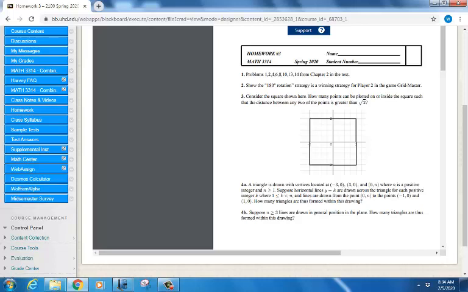But there are some. I did add some show me problems here. There's one. We talked about this 180-degree rotation strategy for Gridmaster. That's the game we were showing in the notes, and I mentioned this strategy last time. So I wanted you to think more about why that is a winning strategy for player 2. If you can't remember that strategy, you can ask me, and I'll remind you. And then a couple of